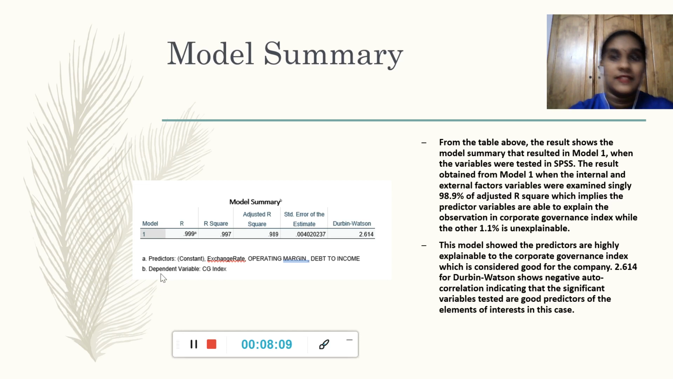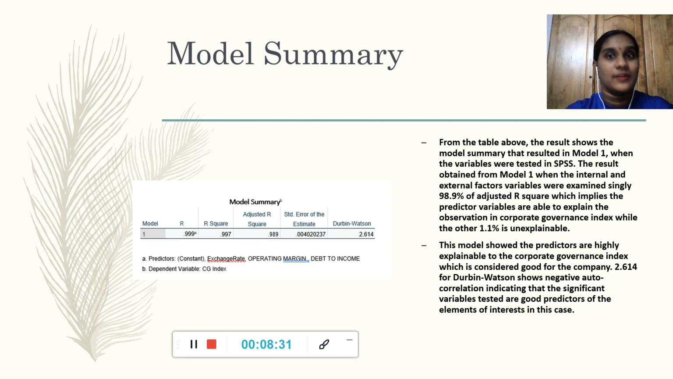Moving on to the model summary. From the table above, the result shows the model summary that resulted in model 1 when the variables were tested in SPSS. The result obtained from model 1 when the internal and external factors were examined singly shows 98.9% of the adjusted R-square, which implies the predictor variables are able to explain the observation in corporate governance index, while the